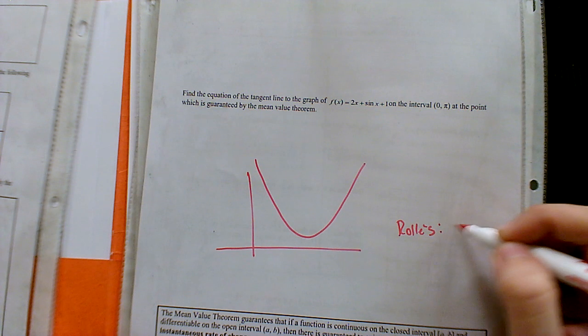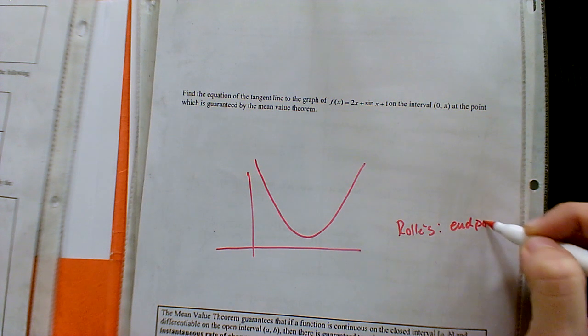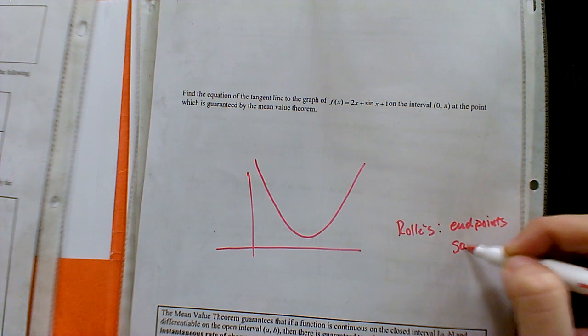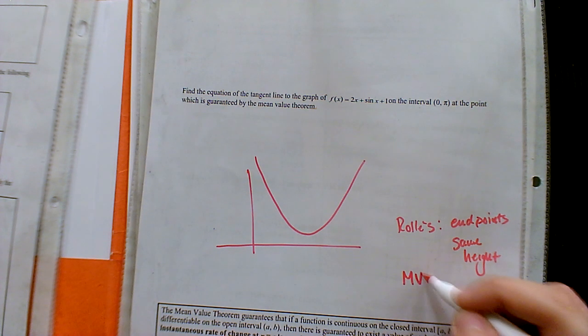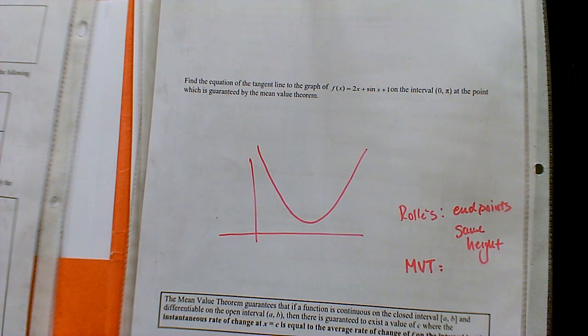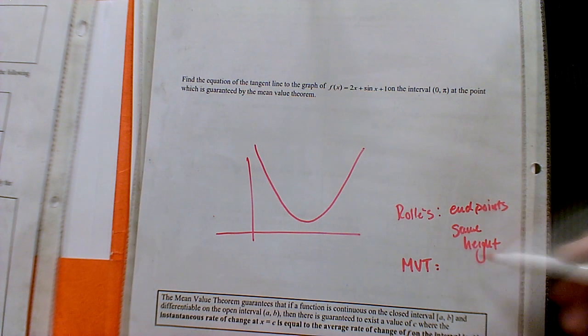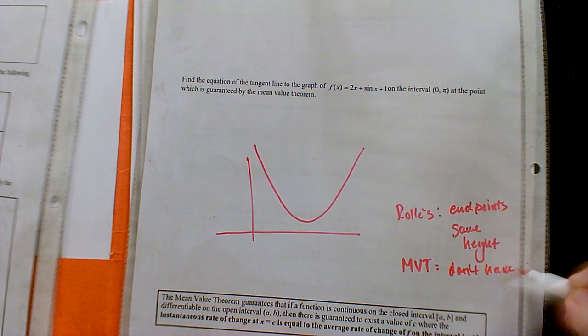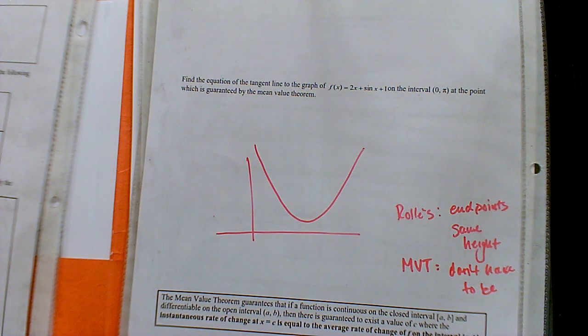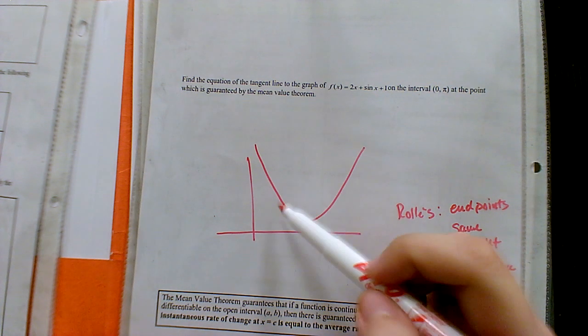Okay, so for Rolle's, we have endpoints at the same height. For the mean value theorem, mean meaning average, you're used to those synonyms. Average value, slope between 2 points, they don't have to be the same. So one of the things that we did yesterday, at least for the mean value theorem, is